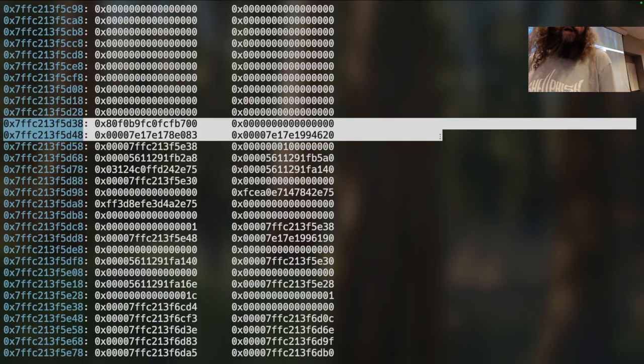So if I'm targeting something in the next frame, I have to worry about the canary, but do I have to care about the saved RBP? Yeah, probably. Because if I mess up saved RBP, and then when it returns to main, if main references something relative to RBP, I'll probably segfault. So I have to make sure saved RBP is whatever it expects.